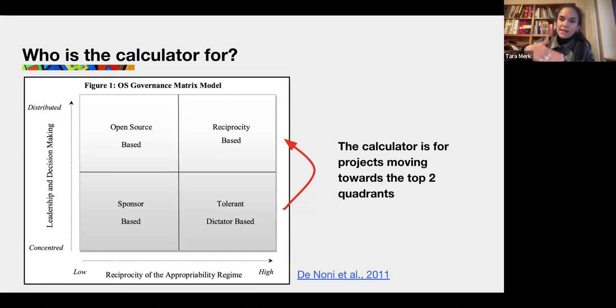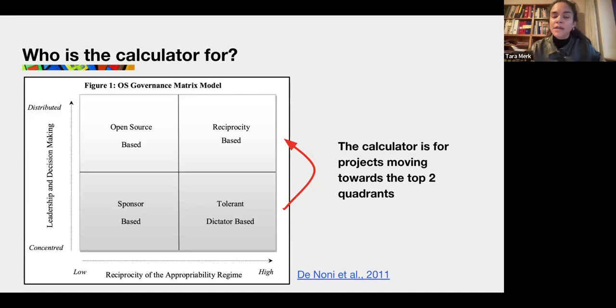However, the calculator is for projects that decide to transition from this more concentrated decision-making style into something that is more distributed. Denani et al. here again acknowledge two different styles of what that might look like. I will broadly differentiate for those who are a little bit into this ecosystem. Maybe the one is more the Linux Foundation model, where often you have a lot of company consortia coming together around a certain open source project, and they're very much also looking to integrate that into business solutions and are quite pragmatic around why they're choosing an open source license,